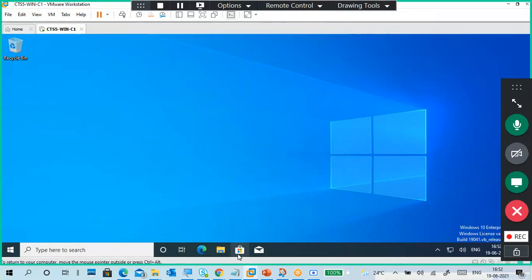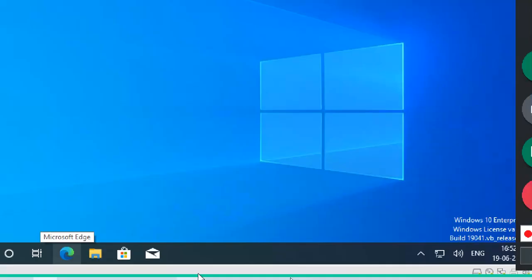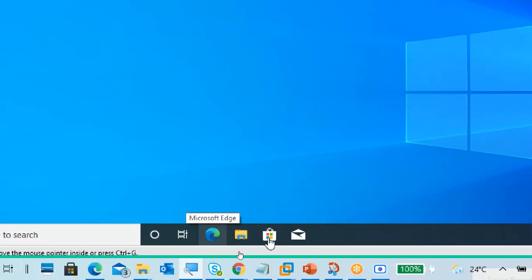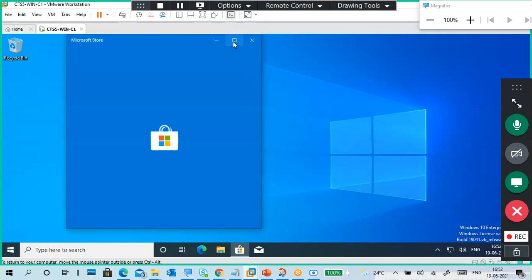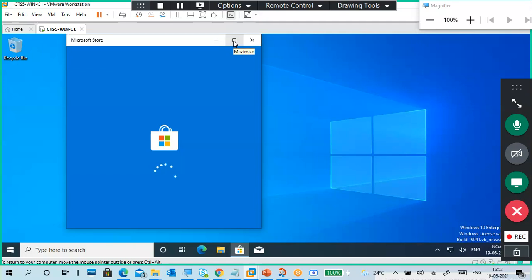Okay, here is one more feature. This is Microsoft Store. Like you have the Google Store, it is the Microsoft Store. You can download applications and games from the Microsoft Store, but you require a Microsoft ID or work ID for that. An Office 365 ID, a work ID, or any Microsoft mail account is required.